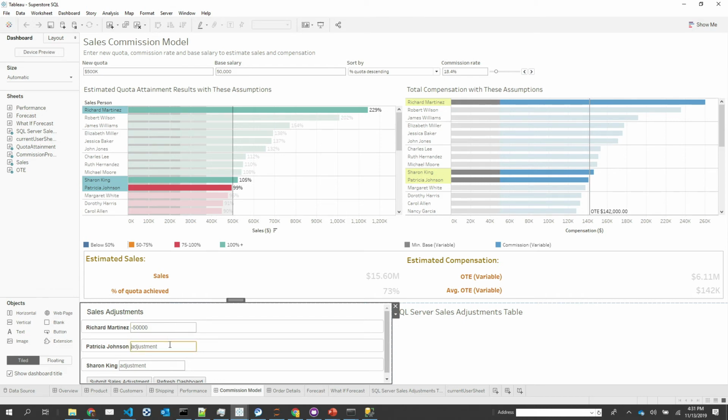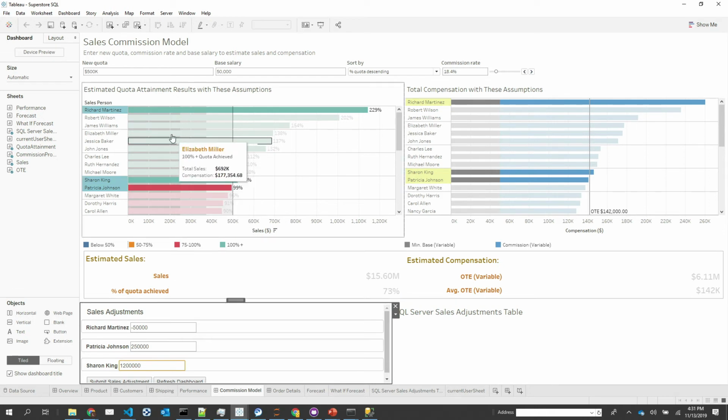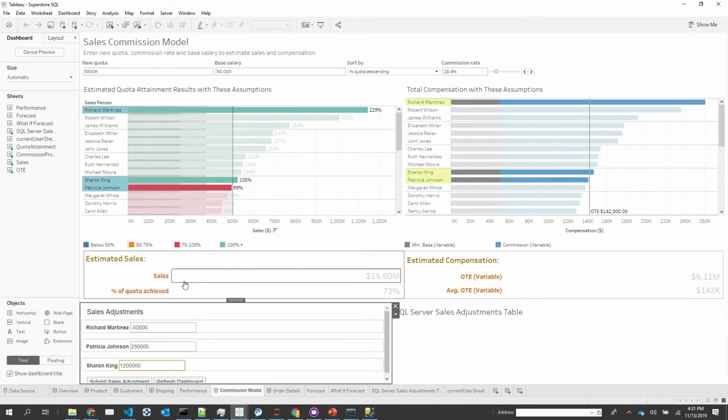Patricia, one of her clients, is able to move up $250,000 into this year's budget, and Sharon has found an absolute whopper. She's got a $1.2 million deal that she's working on and she thinks might close. So I'm going to hit Submit Sales Adjustment down here, and what I'd like you to do is watch the viz up here as I do so. I click Submit Sales Adjustment,